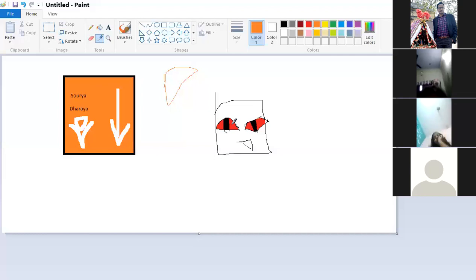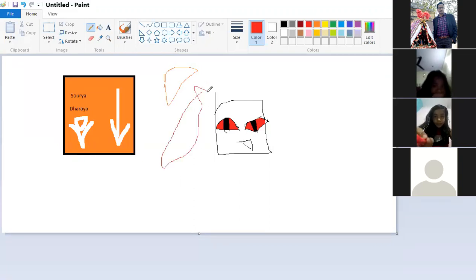I want to pick this color, red. To pick the color red, I click over here on pick color, and then I go over here and pick this red color. Now, if I draw anything with the pencil, it will come with the red color. So if I want to change the color, I can change it from here, or I can pick any color which I've already used in my drawing. So, very important things.